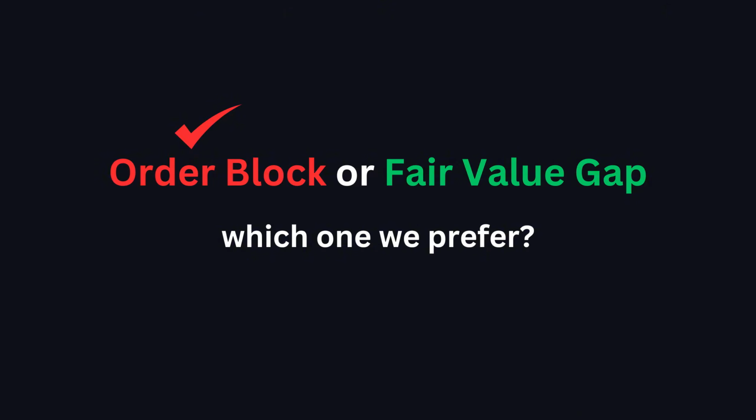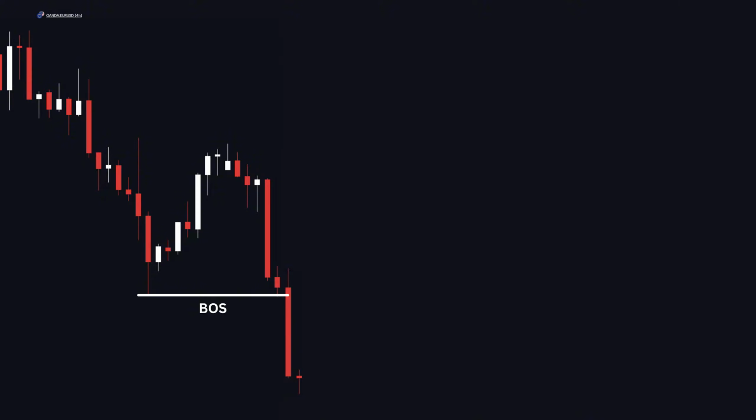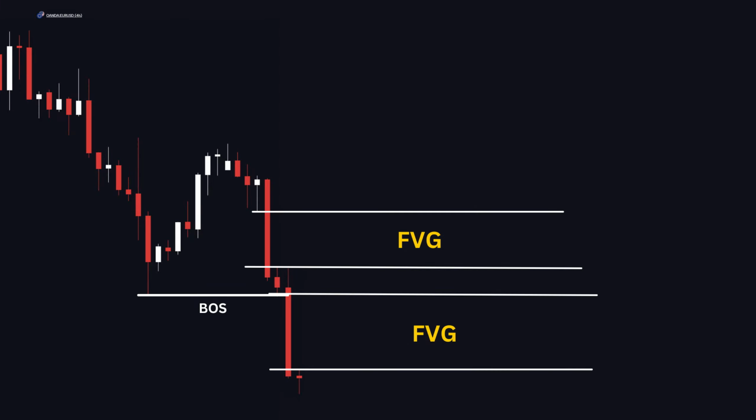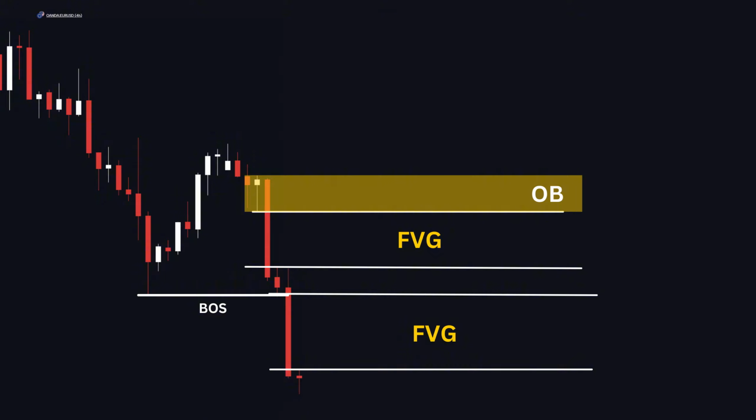Here on the euro-dollar chart, this latest impulse move has made this break of structure, indicating a strong bearish momentum. This latest move has created two fair value gaps. And we also mark the first candle of this wave as our order block. Now all of these three marked zones can act as a supply zone and give us an opportunity to go short. And now our plan is to wait for a pullback, and then we will look for entry at a